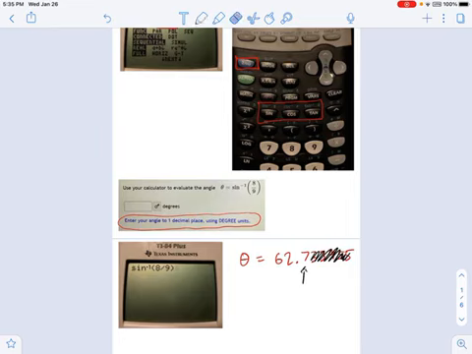Although if you entered the whole big thing in the calculator, you would still get marked right. It's not going to mark you wrong if you said 62.73 for your answer right here. If you put that down, you'll still be marked correct. What it means when it says to use a certain number of decimal places is that you have to have a certain degree of accuracy. If your answer is more accurate, fine. But if you rounded your answer to 63 degrees, which would be the nearest integer, you would be marked wrong because it was not accurate enough to satisfy the requirement of one decimal place. Okay, so there's your basic intro. We'll have lots more problems coming up.